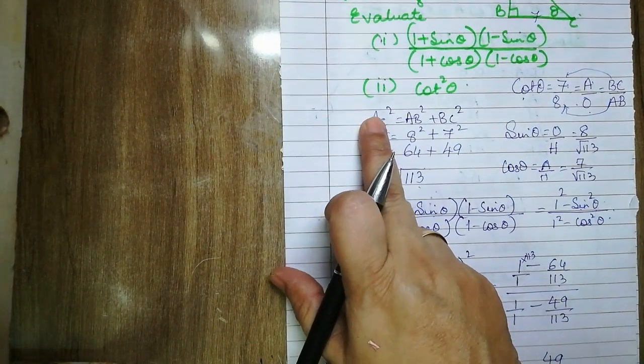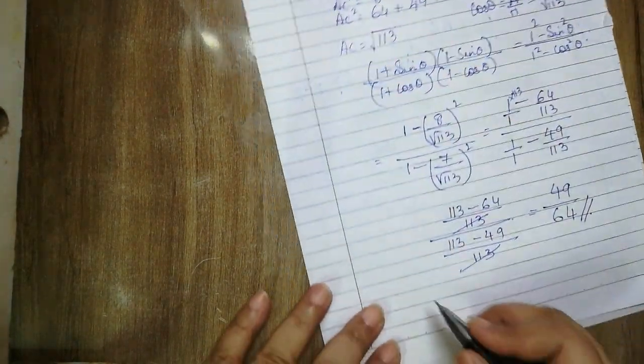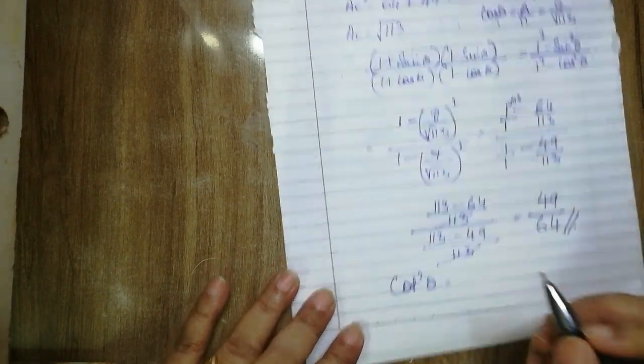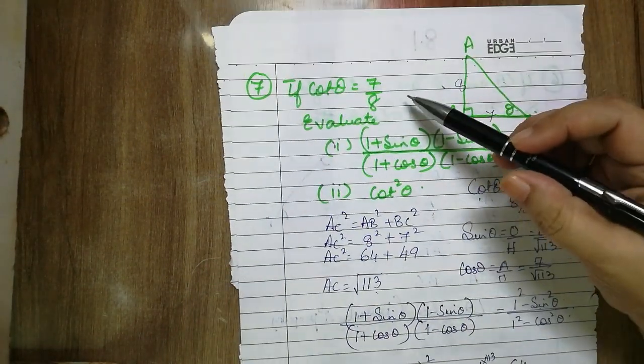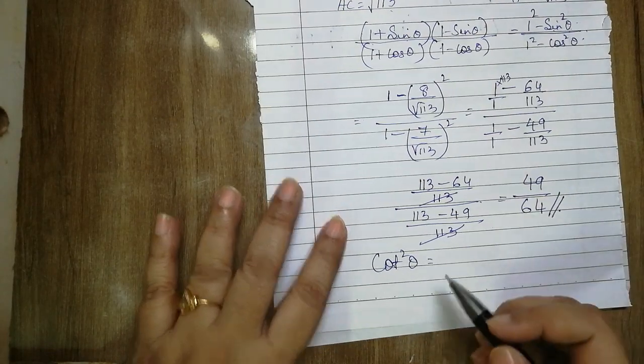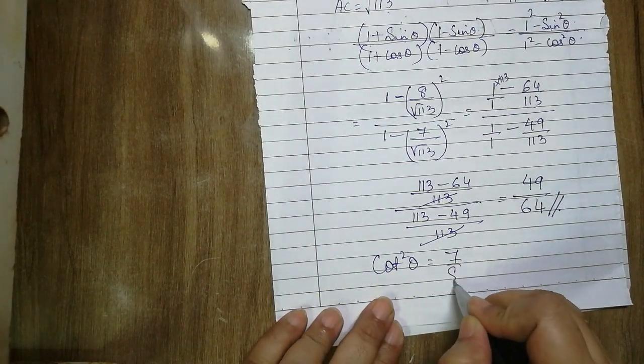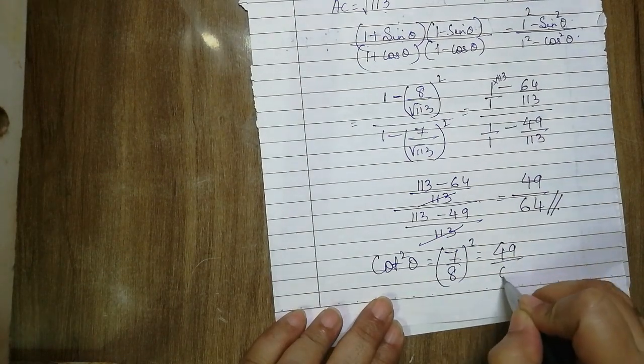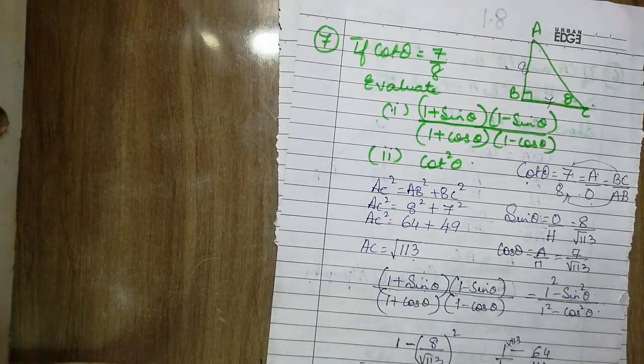Second part, we have to find out cot square theta. Cot is already given as 7 by 8. So cot square theta will be 7 by 8 whole square. So it will be 49 by 64. So this is our seventh sum. Next we will be doing